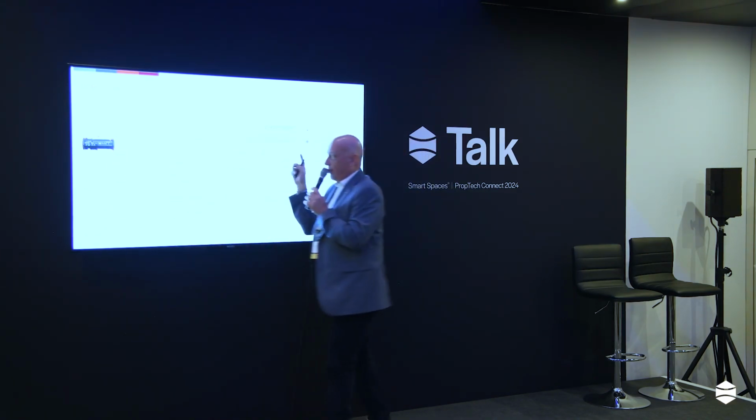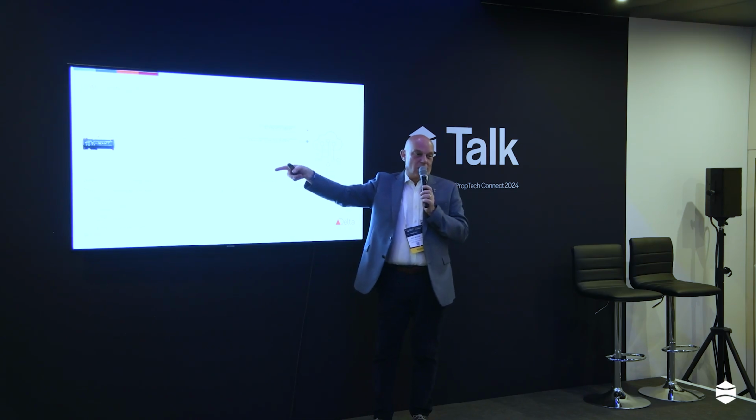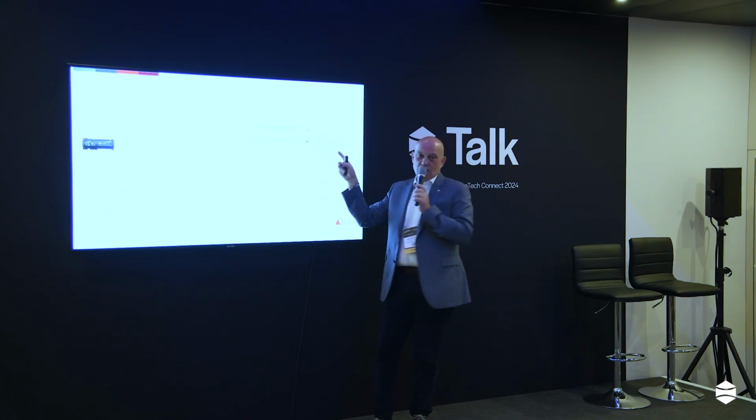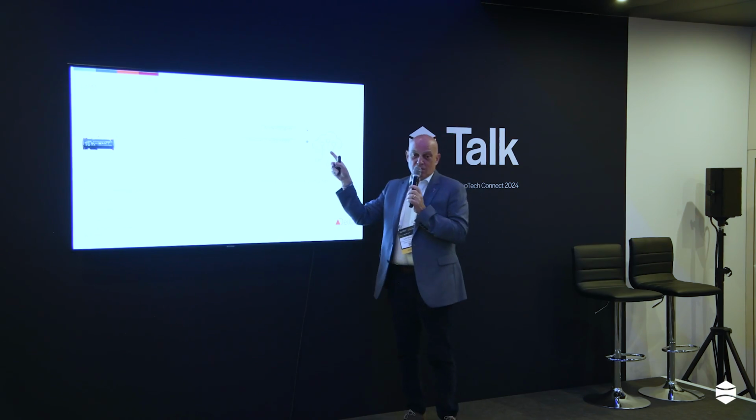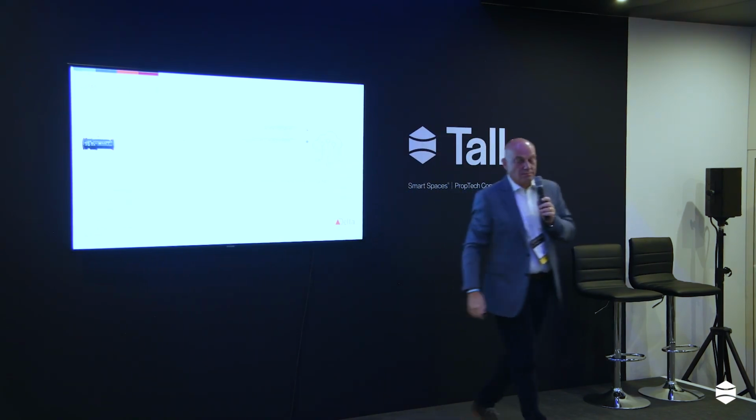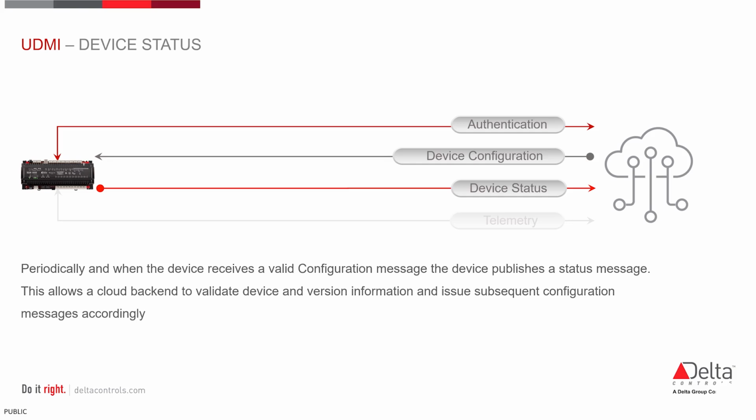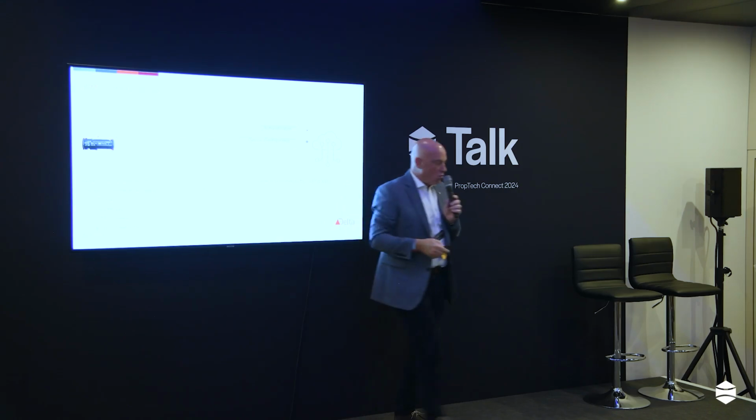So if you get the cloud to tell the device what it needs to do, then you only need to change it in the cloud. And you can be on the beach doing that. You don't have to go to the building. So that's a key thing. And the other parameters about over-the-air updates and endpoint redirection all come through the configuration packet. So that's where that message to the device, this is what I need you to do, comes from.